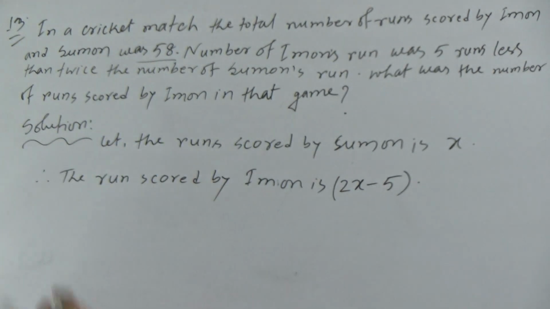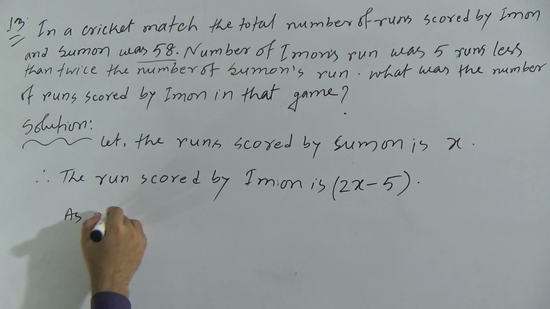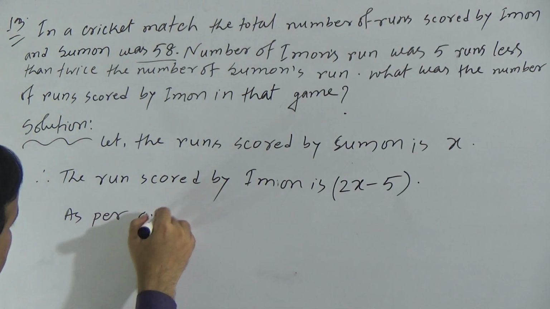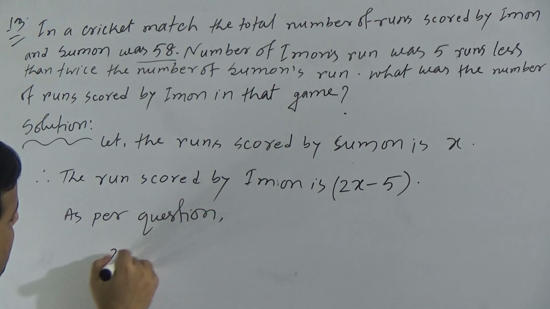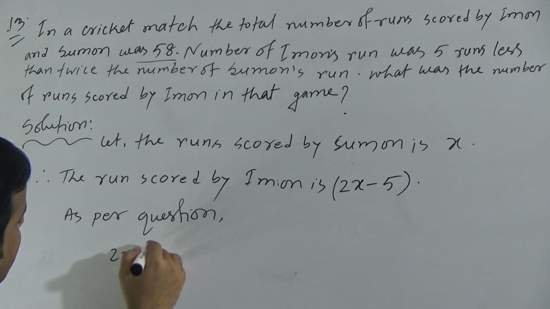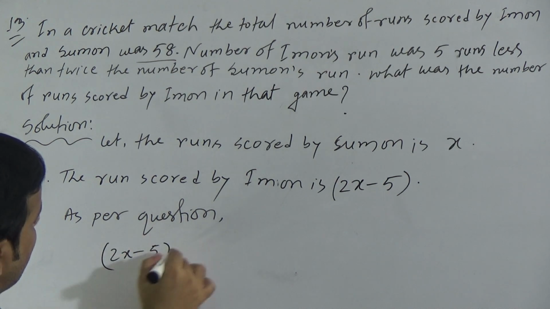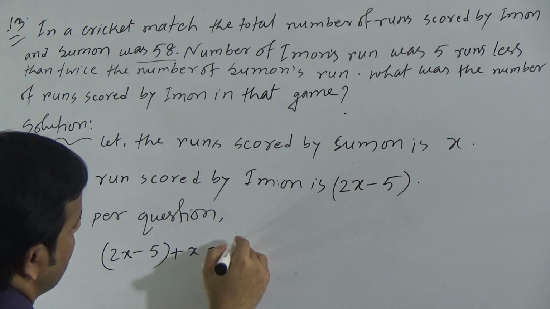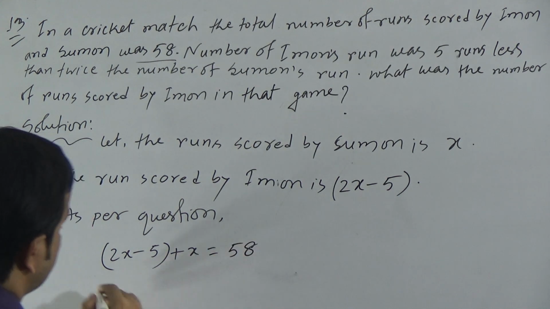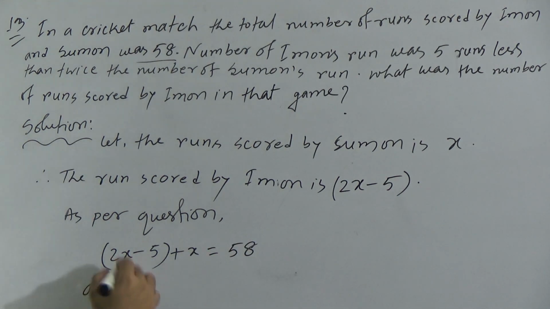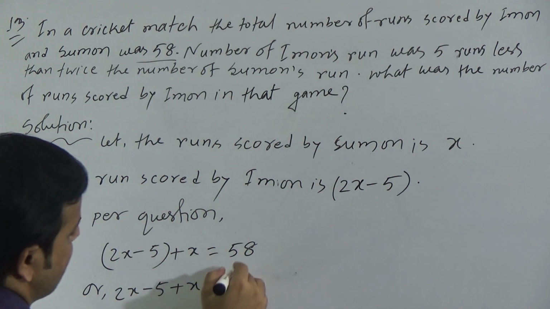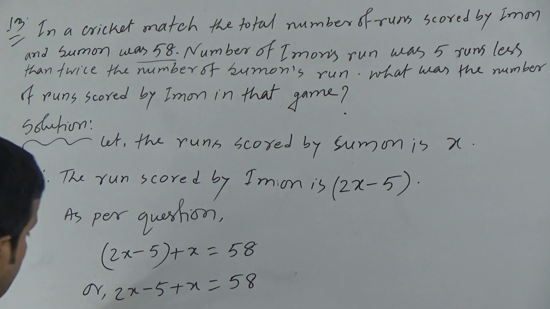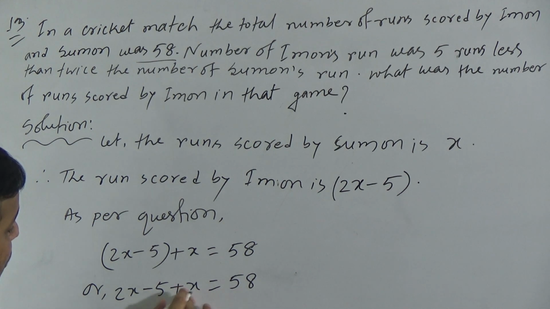So we can write as per question, (2x minus 5) plus x is equal to 58, or we can remove the bracket, 2x minus 5 plus x is 58, or we can write 2x and x